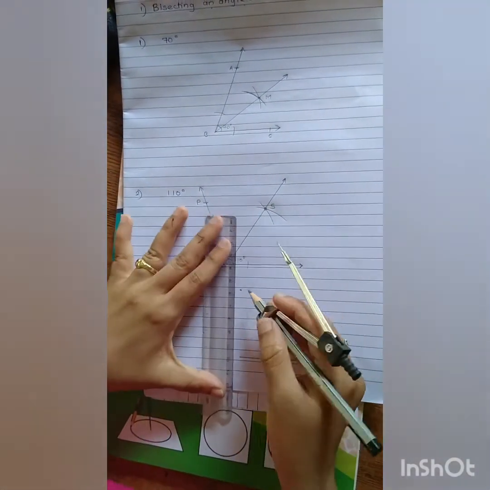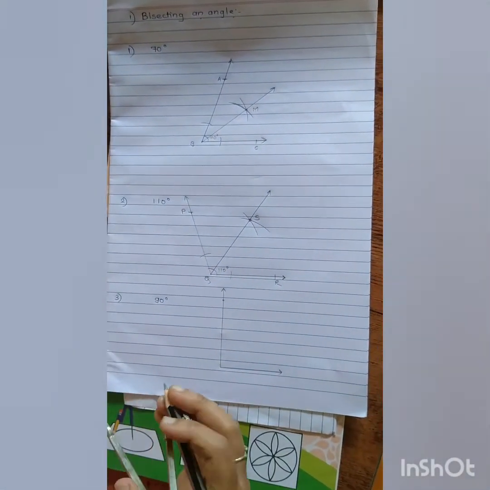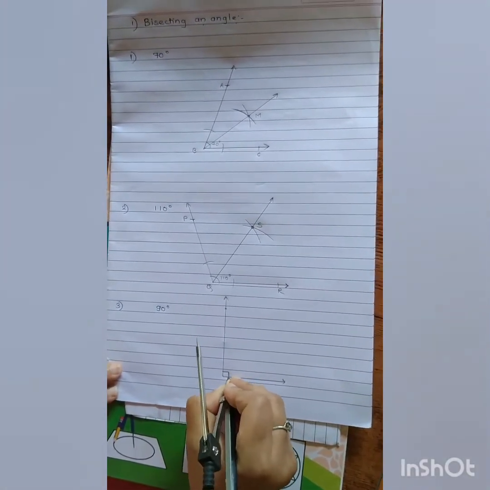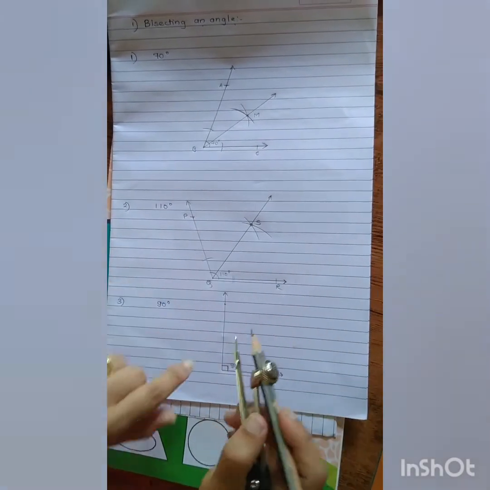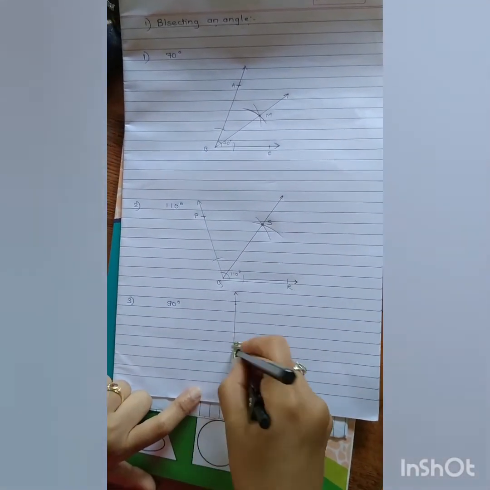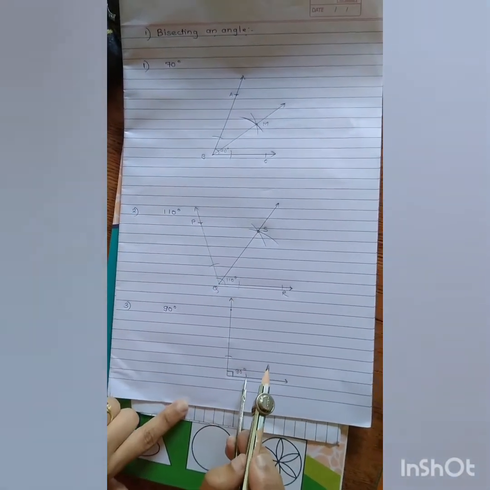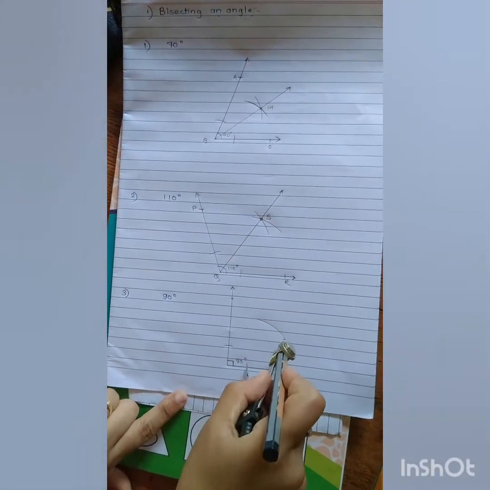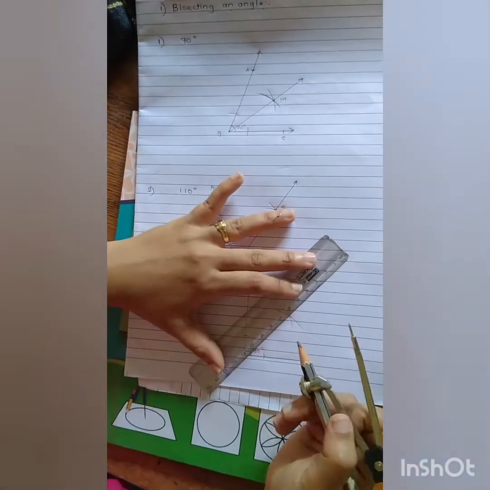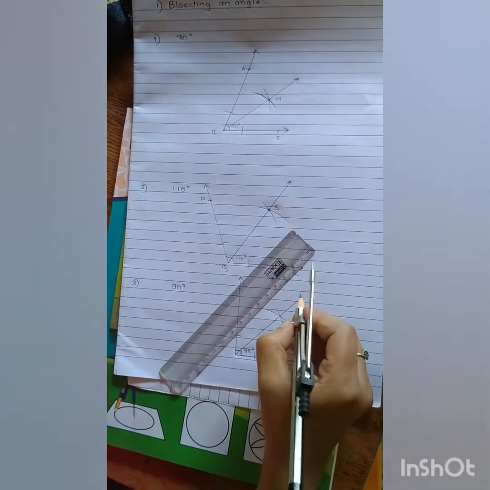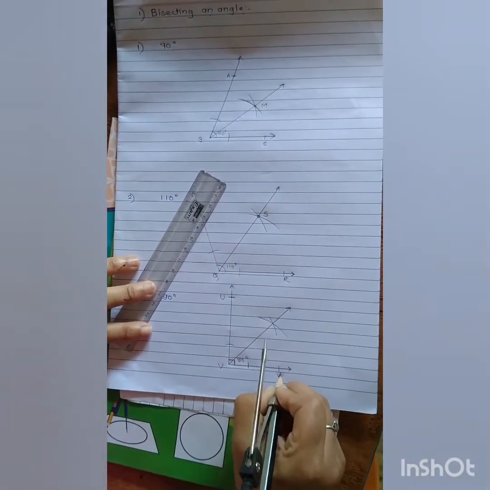Take the scale and join this. Now 90 you are supposed to do in a square form. This is 90 degree. Now take a particular distance on this and mark an arc here. Extend. At this one arc, draw a line like this. Keep it at the same over here and draw like this. From the point you got and the vertex, just pass a line, and this is called your bisector. I can give you U, V, W, and this will be X.